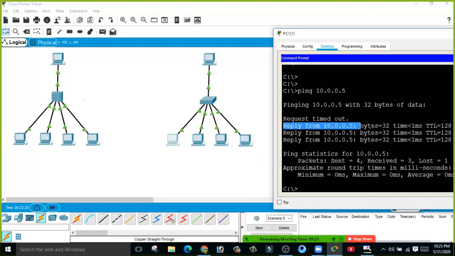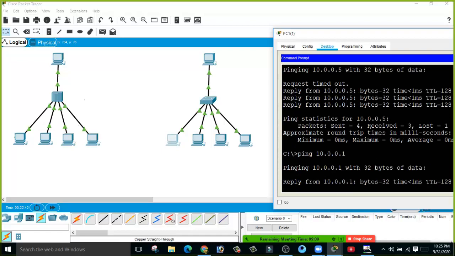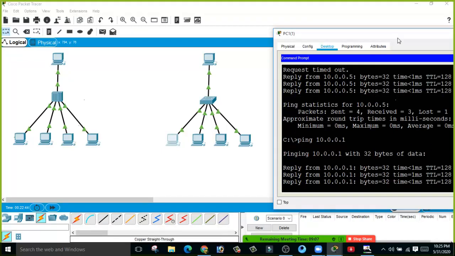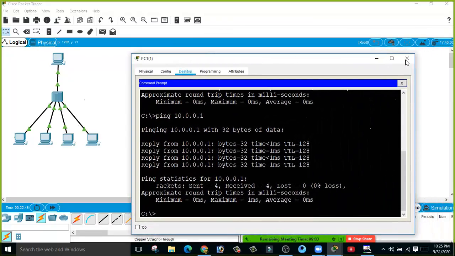Reply means this device is able to communicate with this device. Are you able to see, guys? It is able to ping. For example, if I try to ping this computer, that is 10.0.0.1, and hit enter. See, it is able to ping. Correct. So what is happening here?